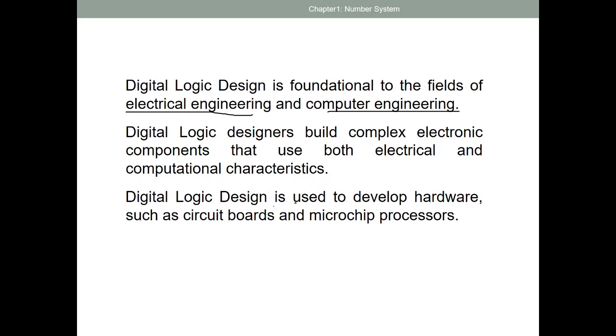Digital logic design is used to develop hardware such as circuit boards and microchip processors. Whatever hardware you take, such as a motherboard or mobile motherboard, it is designed or developed using digital logic design.